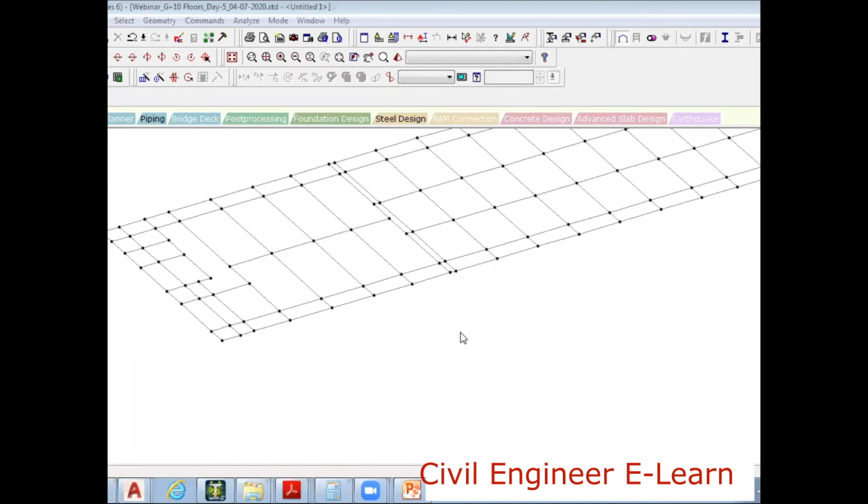So what should I do? I have to just use the pinned support so that only load will be transferred to the retaining wall. That would in fact be an advantage to the retaining wall, because the retaining wall will be under this vertical loading condition. If you are adding more vertical load to the retaining wall, that is in fact safe for this retaining wall. So that's why we use the pinned supports.